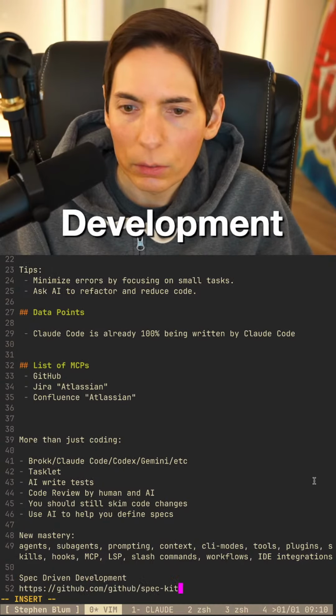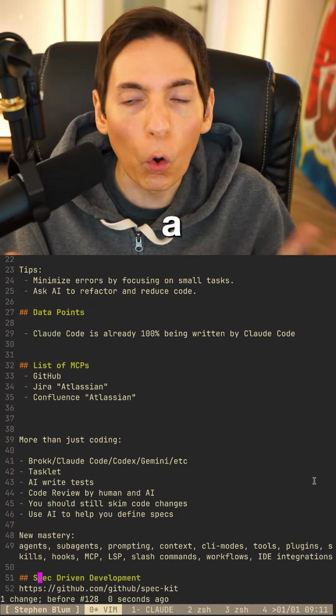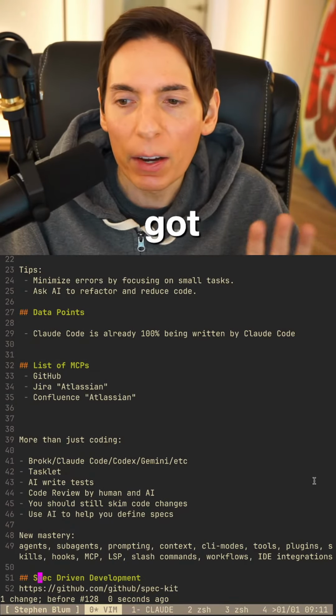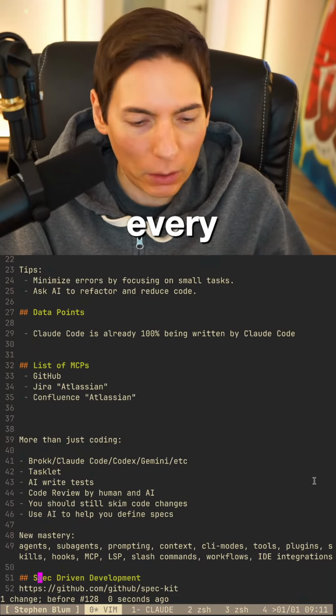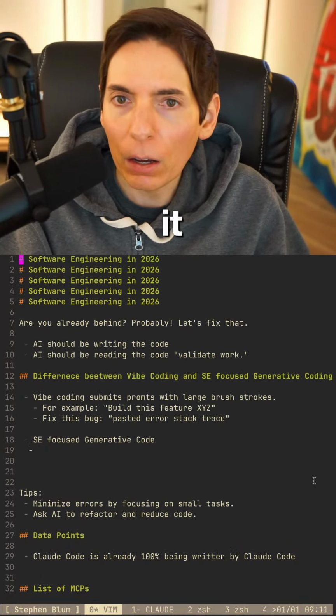If you guys have anything else, let me know what we should add. I want to make sure that this covers everything. I want to cover every aspect of it, obviously with the quick basics up at the top.